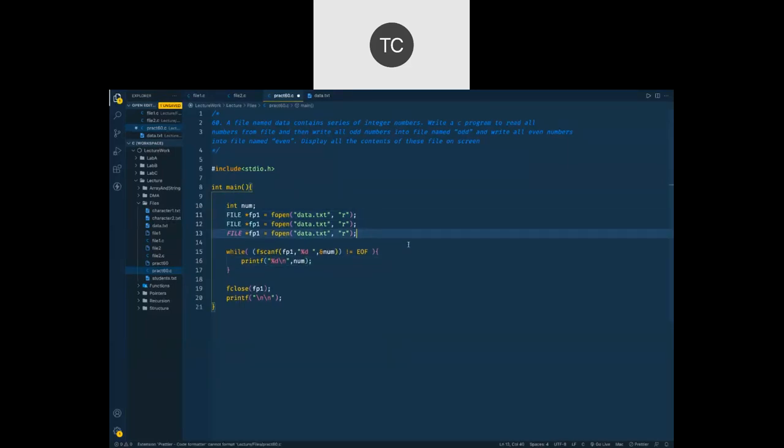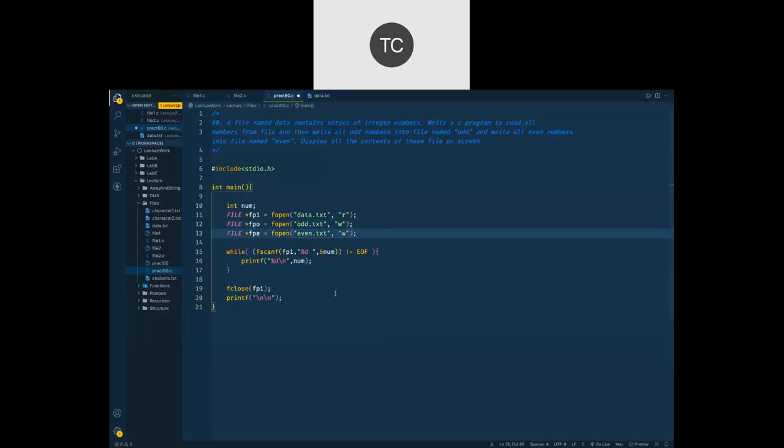I'm going to open two more files, fp odd and fp even. So fpo, fpe, o for odd, e for even, and let's have that file name as odd.txt and even.txt. But at this time we are going to open that file in a write mode.